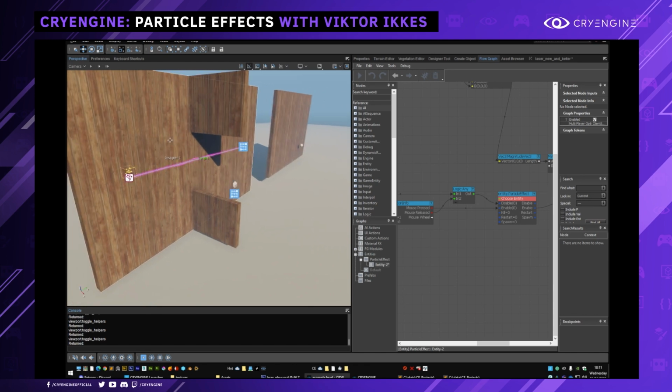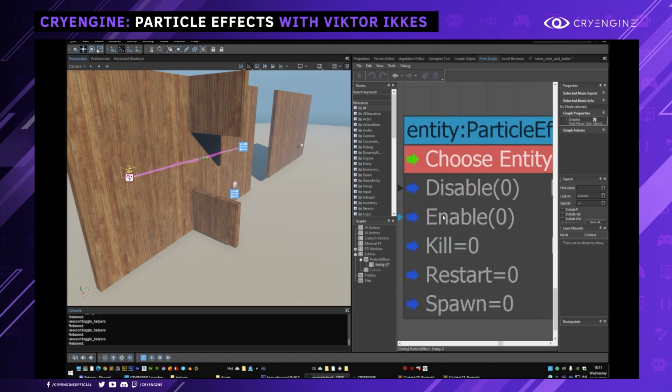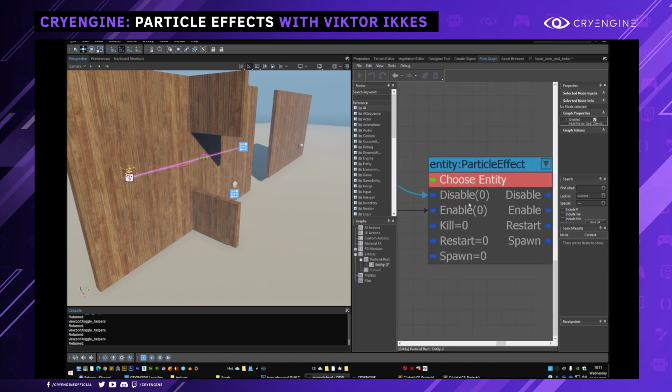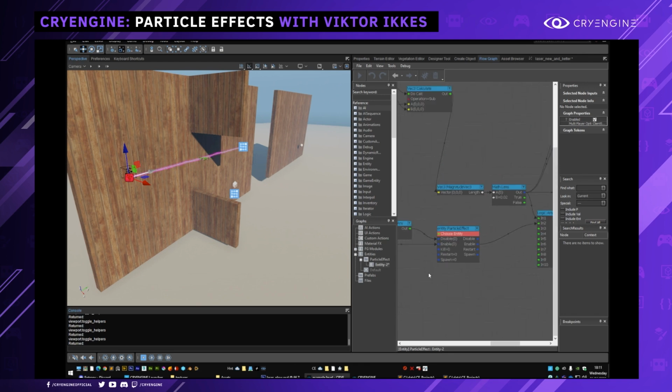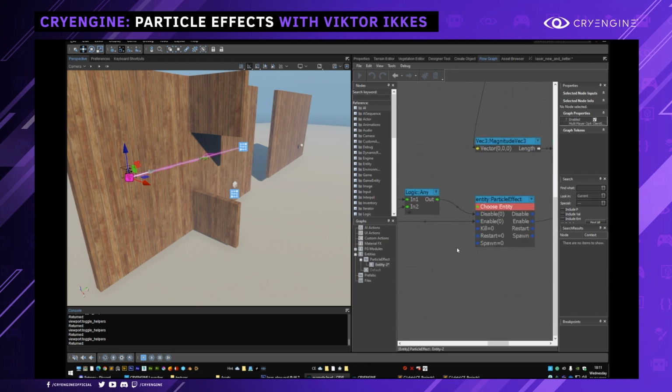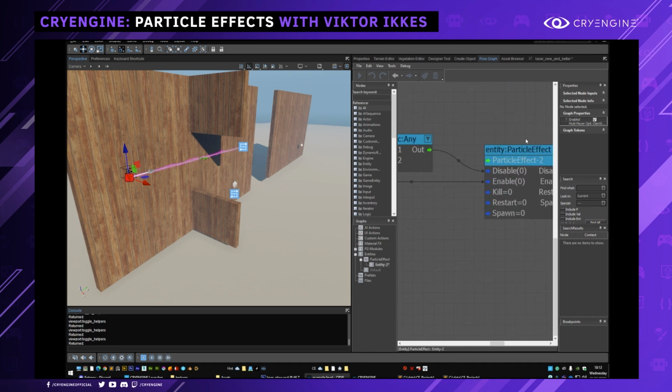You can do all of that, even with flow graph and everything. This part will just work. The only part that's missing is the disable enable on the emitter, and sadly it's missing because you can't access the component. But if you use the legacy one, you can assign it here,